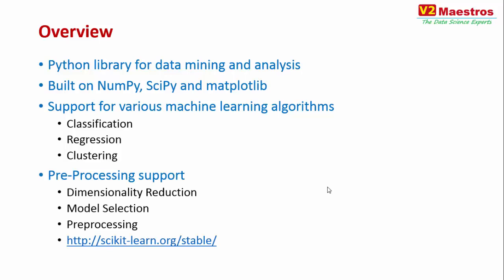It has pre-processing support, which covers data engineering activities: you can do dimensionality reduction, model selection, and pre-processing. Scikit-learn has a lot of advanced topics within it, and we are not going to be covering all of them. We are going to be just focusing on using them to build an end-to-end data science solution. And you can take any of these advanced methods and insert them as a part of your project too.